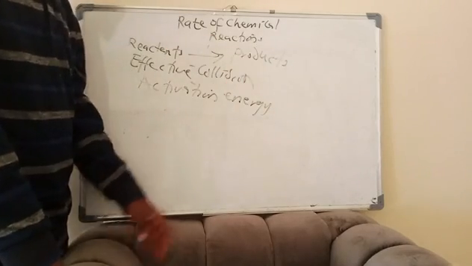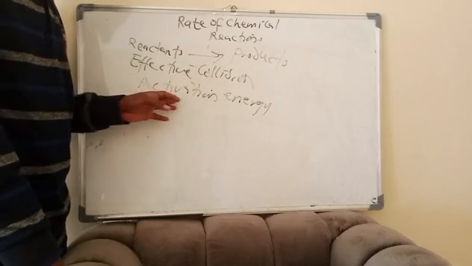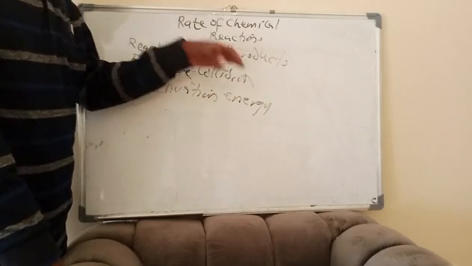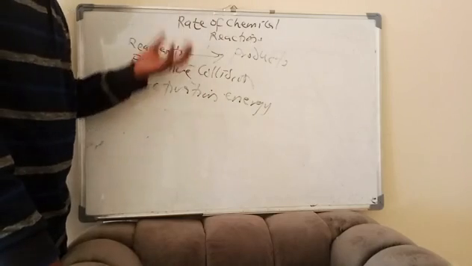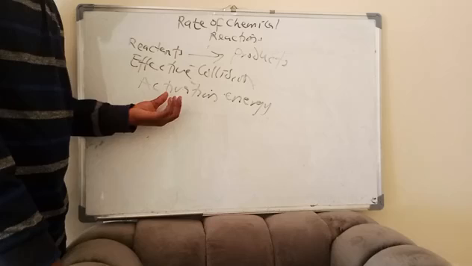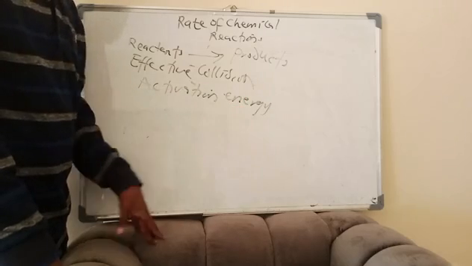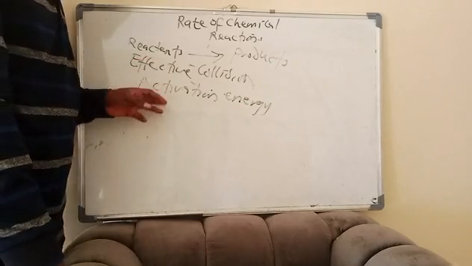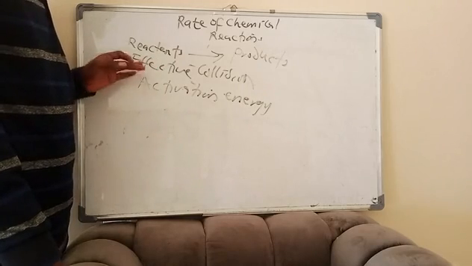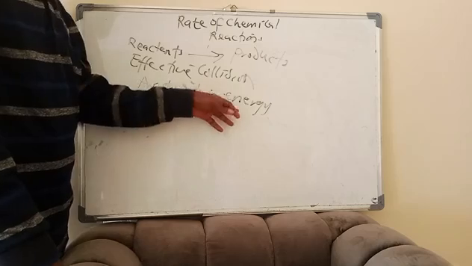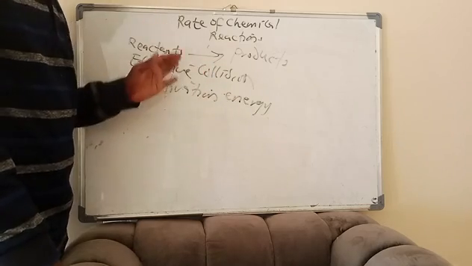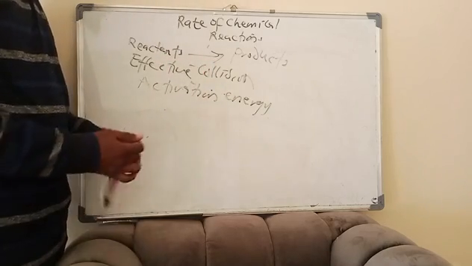You understand? For a reaction to occur, this minimum energy must be met. So the interaction must be accompanied by an energy greater than the activation energy for the reaction to occur. These two are very important requirements: effective collision, then overcoming the activation energy for a reaction to take place. That is a chemical reaction.